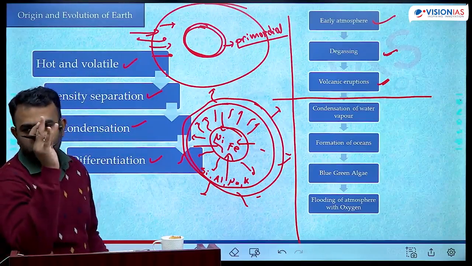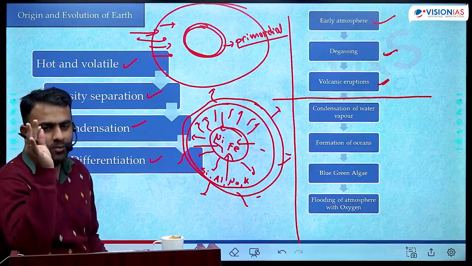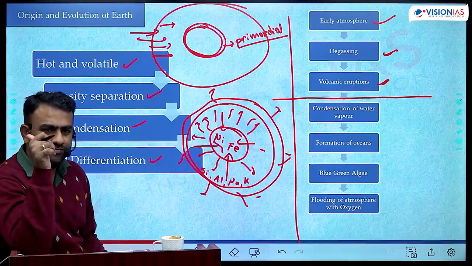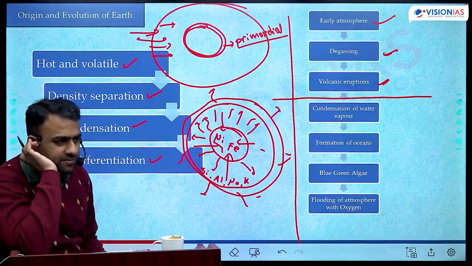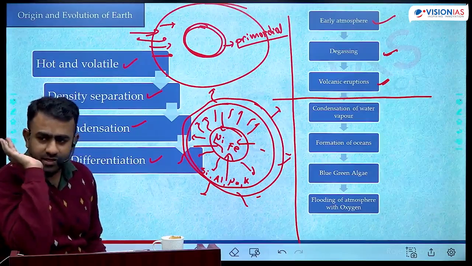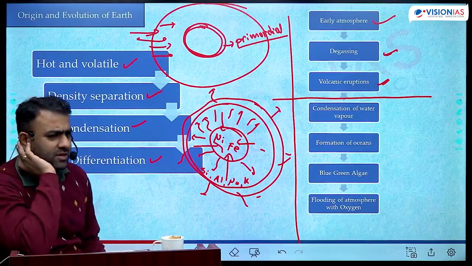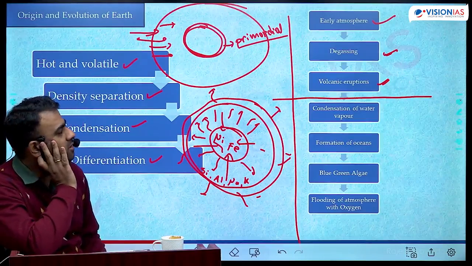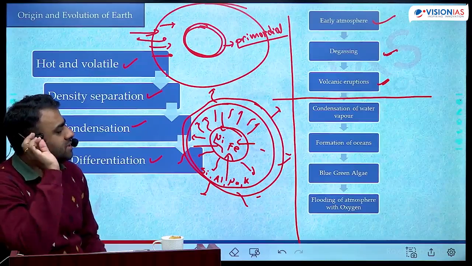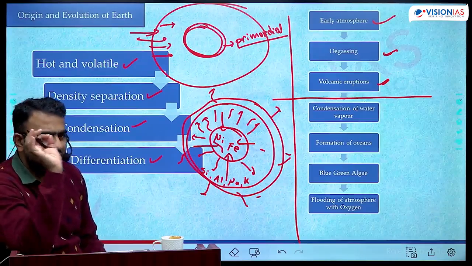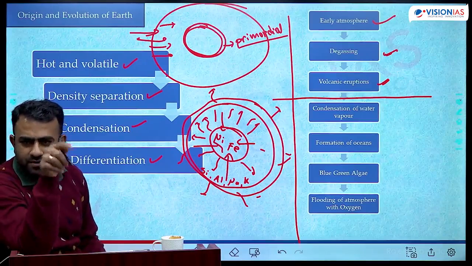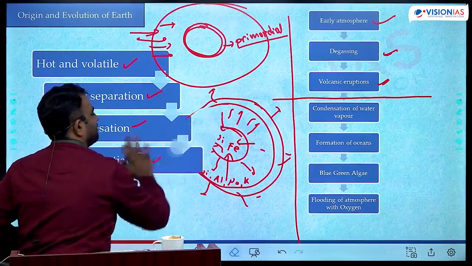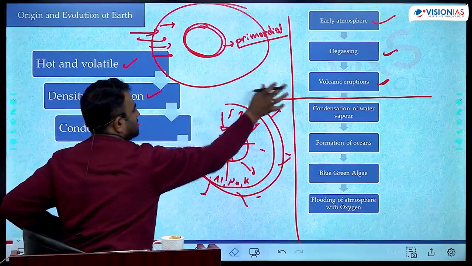Carbon dioxide, water vapor, methane, ammonia. Very little oxygen, huge amount of dust particles. ये सारा था. Volcanic eruption से इतना सारा तो निकलता है ना, dust particles, smoke particles, everything. In this, one of the very important characteristics of water is responsible for the changing of atmosphere. Water has this characteristic